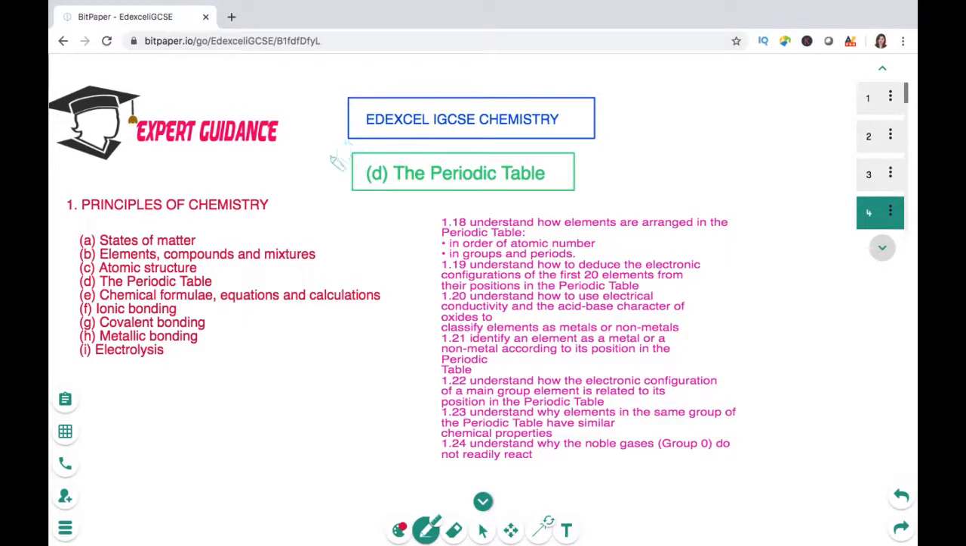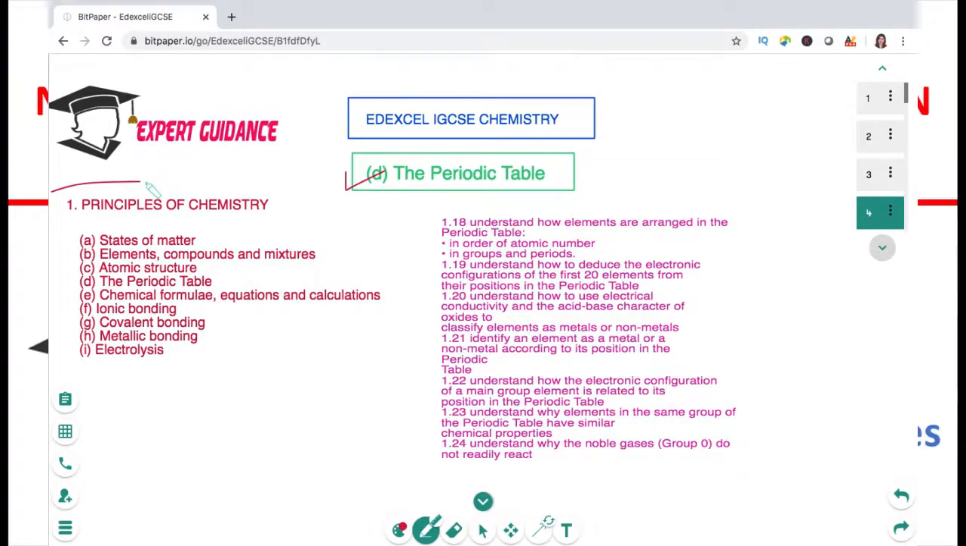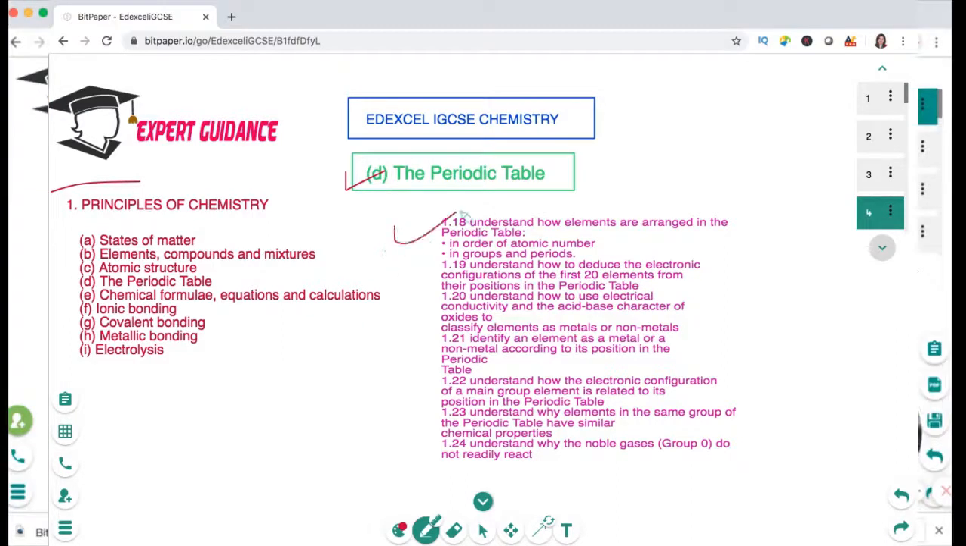Today in this video we'll be covering section D, the periodic table, of Topic 1, Principles of Chemistry of your Edexcel IGCSE Chemistry, and this video will be covering specification 1.18 to 1.24. Now in this video we'll be looking over how the elements are arranged in the periodic table, how we can deduce the electronic configuration of the first 20 elements from their position in the periodic table,